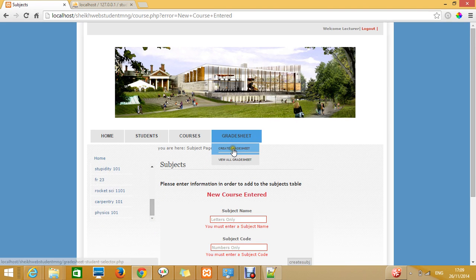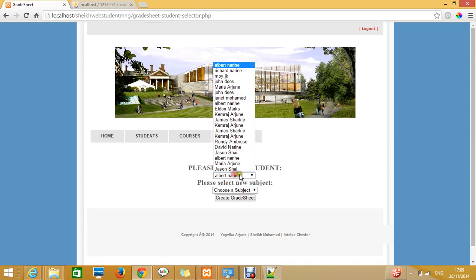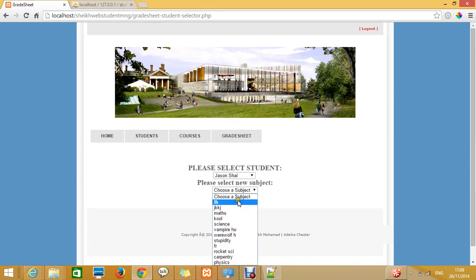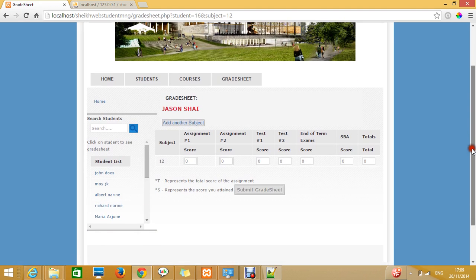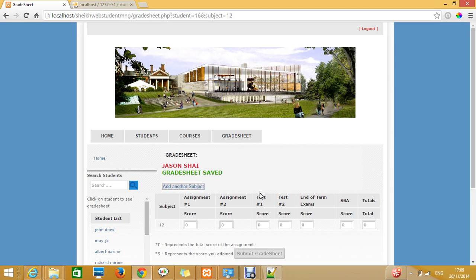So let's proceed back to the grade sheet. Notice that Jason didn't see anything before. We can now create physics. And in addition to that, we can also add subjects as well. Submit the grade. We don't want to submit anything at this point, but if we save and log out,